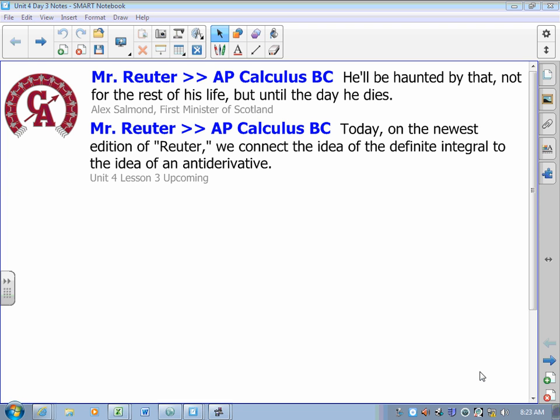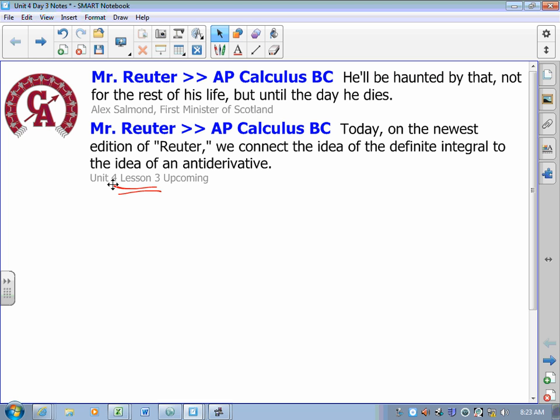Okay, friends, we are firmly entrenched in Unit 4, which is a look at the definite integral and antiderivatives in general. The two are somewhat synonymous, though not exactly. You'll notice that this is lesson 3. There was no lesson 2. I have combined lessons 1, 2, and 3 into 2 video lessons